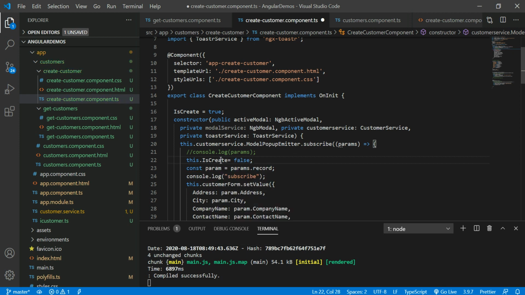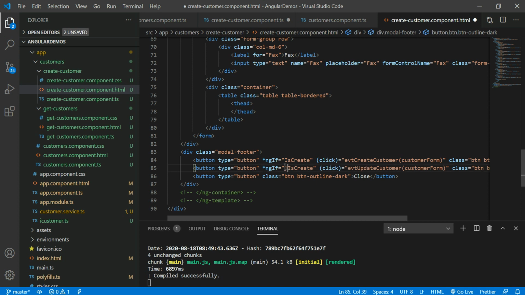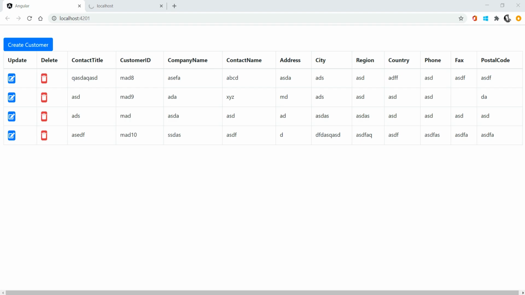The same boolean property I apply into the create customer HTML, with ngIf, or I can say ngShow also, ngIf isCreate. Whenever it is populated from the create button it shows, and if it is not populated from the create button, it does not.